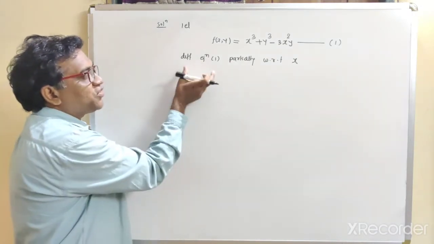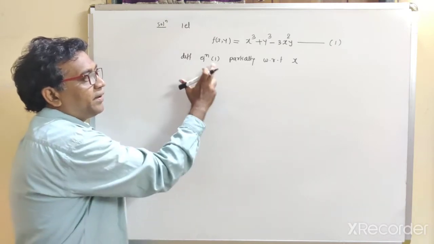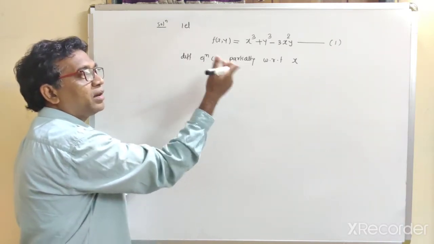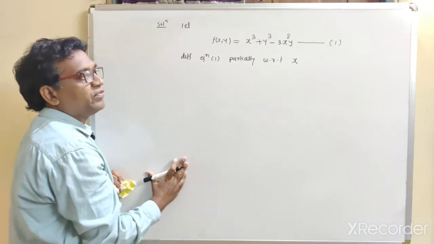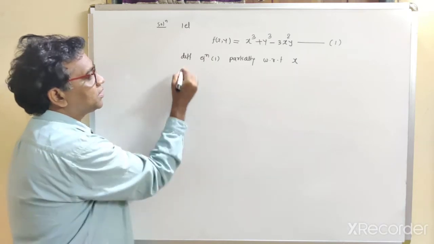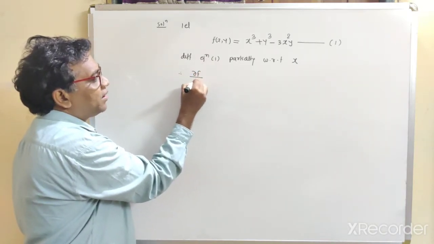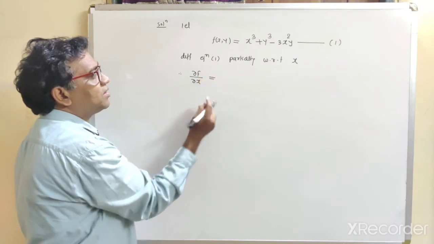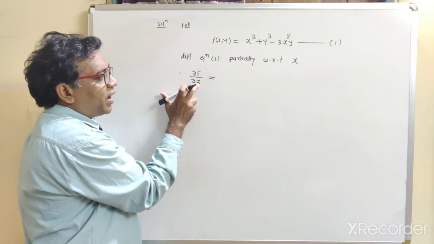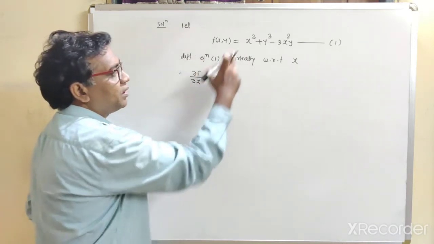So, differentiation of equation 1 partially with respect to x. Derivative partially with respect to x means we have to keep the remaining variable constant. That means we have to keep y as a constant term. So write down this derivative. Therefore, the partial derivative with respect to x, so this is del f by del x is equal to, just find the derivative of x alone by keeping y constant.